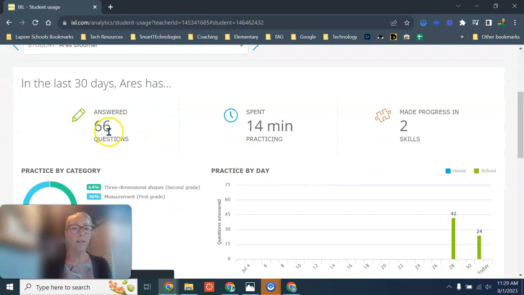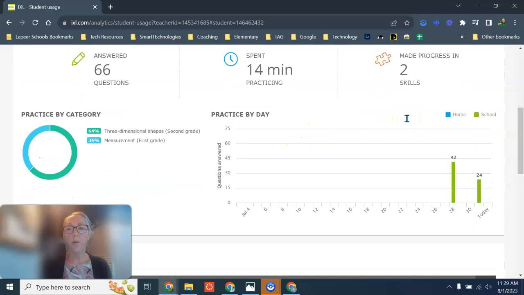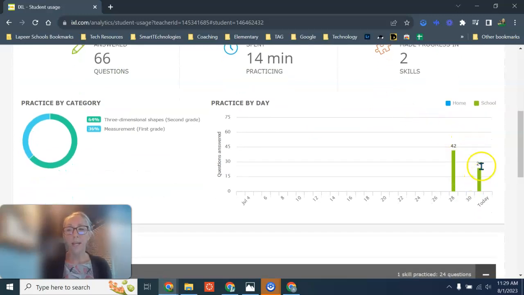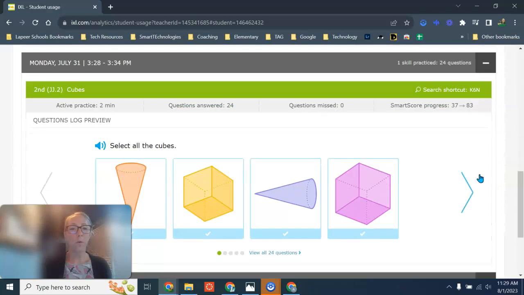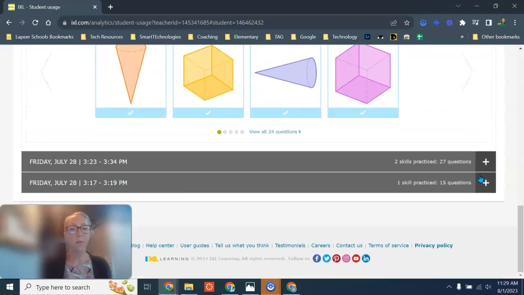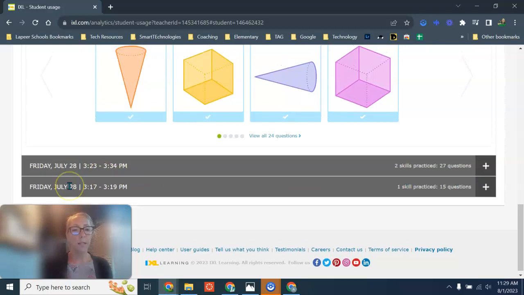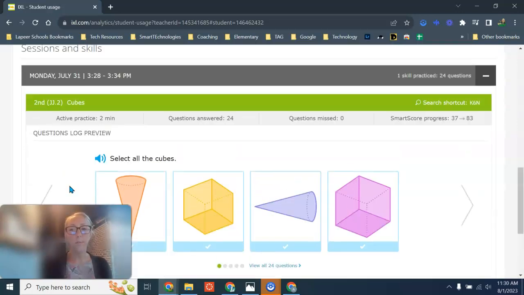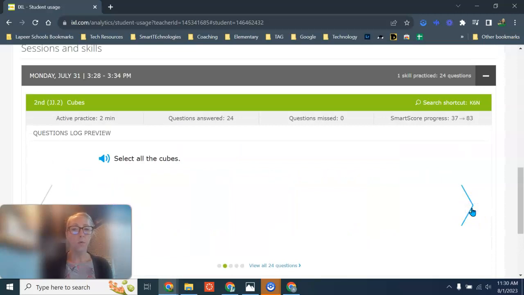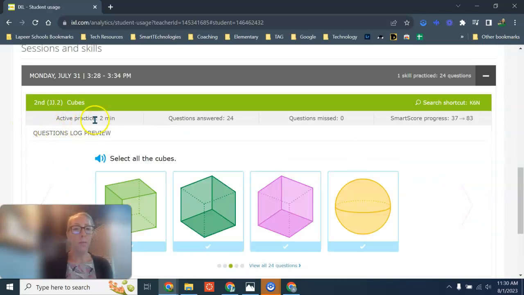So far, he's answered 66 questions, spent 14 minutes, and made progress in 2 skills. Today, he's actually answered 24 questions, and I can look at all of the questions that he's answered, the types of questions that he's doing, and I can even go back to July 28th and see how he did on those questions. So I can kind of scroll through. So that's the student quick view, and it lets you know how much time he's been there,